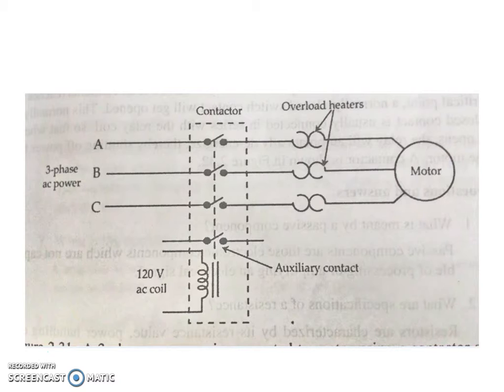Overload heater is a low resistance strip of metal intended to heat up as the motor draws current. If the temperature of any of these heater elements reaches a critical point, a normally closed switch contact will get opened. This normally closed contact is usually connected in series with the relay coil so that when it opens, the relay will automatically de-energize, thereby shutting off power to the motor.